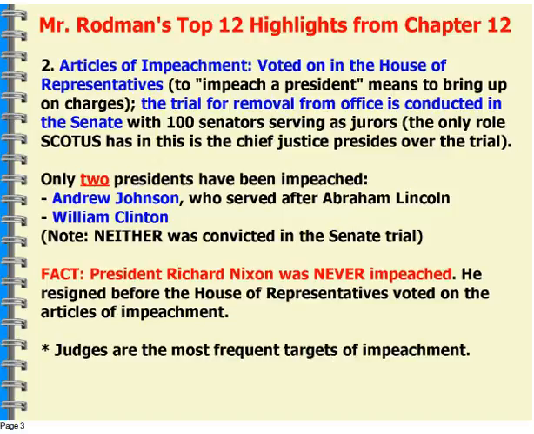Now, keep in mind, Andrew Johnson and Bill Clinton were the only 2 that were impeached by the House of Representatives, neither of them convicted in the Senate. Richard Nixon was never impeached. He resigned before the Articles of Impeachment were voted on. And it's not the president that is usually targeted in this. It's usually the federal judges, and some of them have been removed in a trial that's held in the Senate.